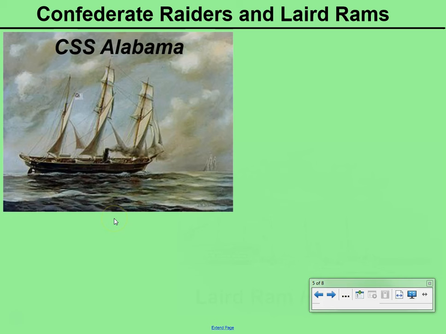So one they bought was the CSS Alabama. The Alabama basically worked as a raider. That's why they called it a Confederate raider. It's kind of like a pirate ship, like a privateer. They just wanted to wreak havoc on Union merchant ships to try to make the cost of the war unacceptable for the North. And the Alabama eventually captured over 60 Union vessels before eventually being sunk off the coast of